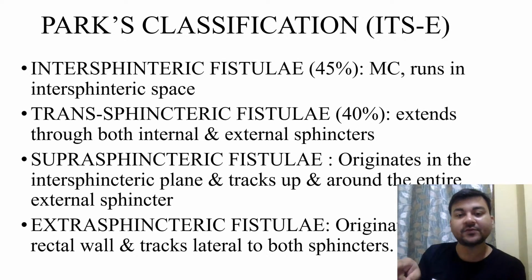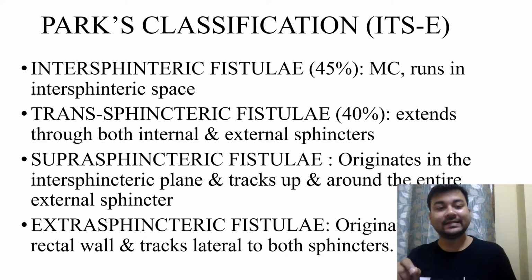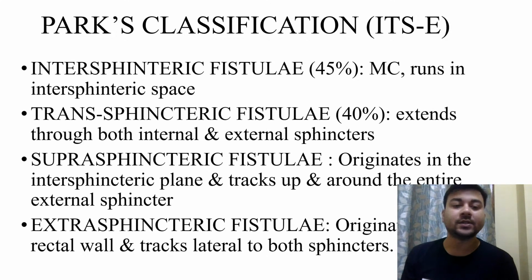Then there is suprasphincteric fistula, which originates in the intersphincteric plane and tracks up and around the entire external sphincter, and extrasphincteric fistula originates in the rectal wall and tracks lateral to both sphincters. Now you can see